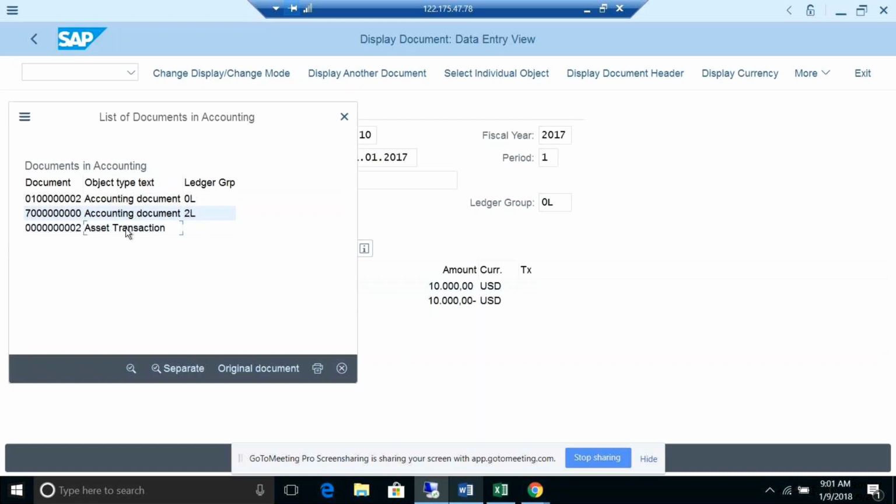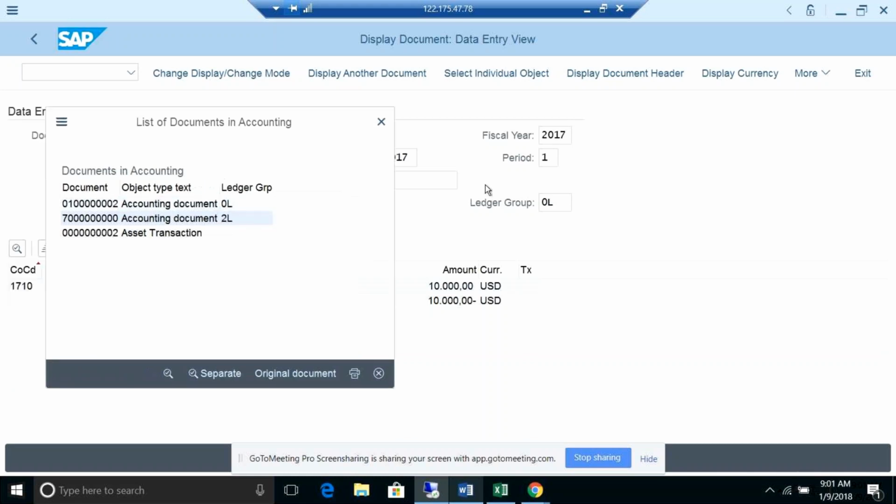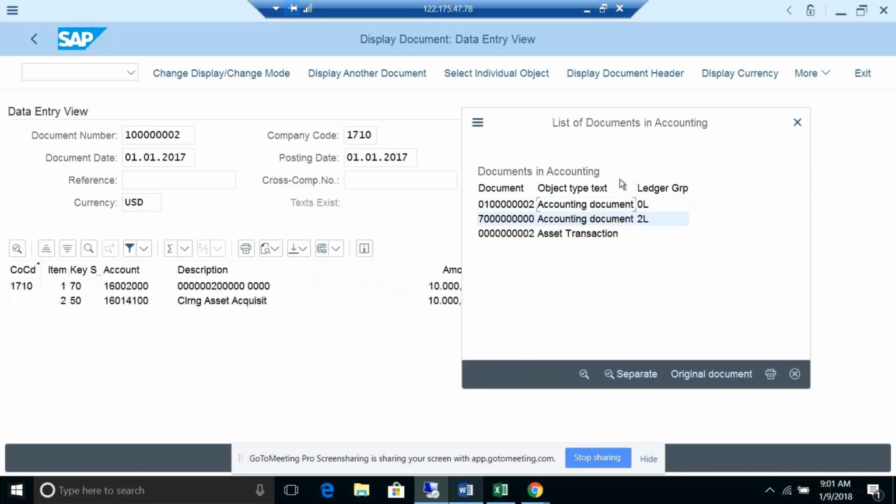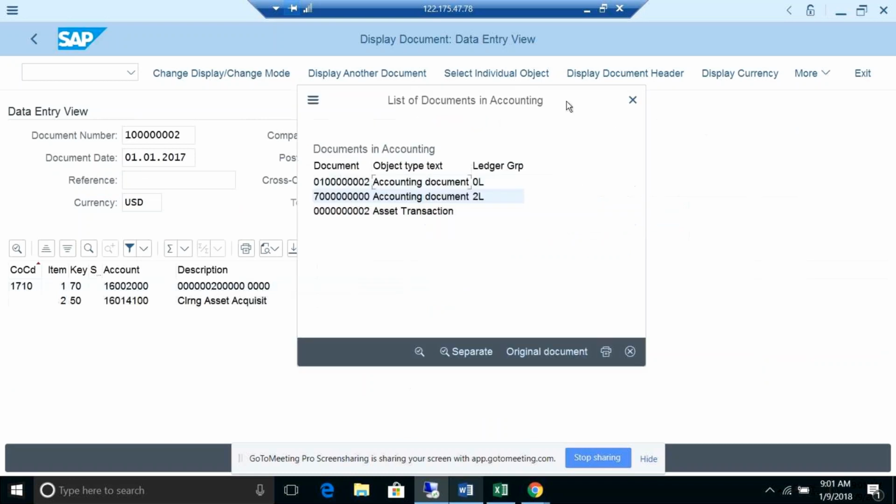So the first transaction will be posted only for the asset, and the second transaction, in the second leg, is the valuation part. The user entry point, the user can only see this information. Got my point? The first leg only you will see, but when you go inside, it will show you the second leg, the valuation part. It is valuating for the 0L as well as for the 2L. Up to this, if you are clear, okay. Then we will see the further things.